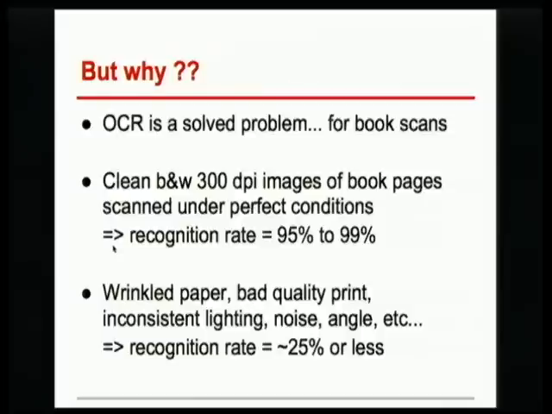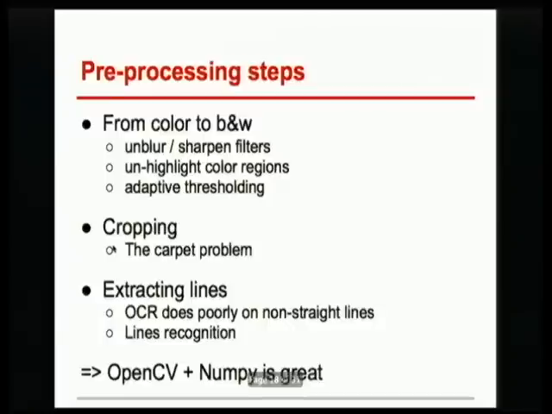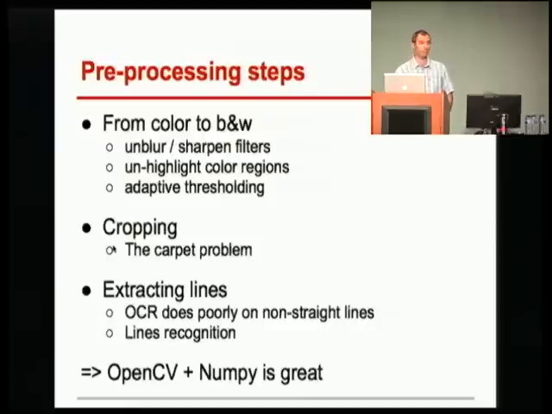But if you start giving OCR a weird document, like lines are wrinkled, there's noise, it might be a bit blurry, the picture got taken under a weird angle, then it gets really confused. You see the recognition rate dropping to 25% or less. Right? So that's why it's really important to do a good job at pre-processing. These are the pre-processing steps we take. It's all in Python. We use OpenCV and NumPy to do all